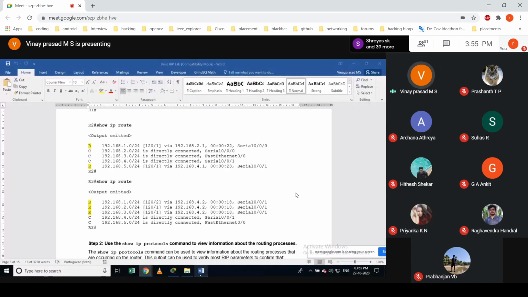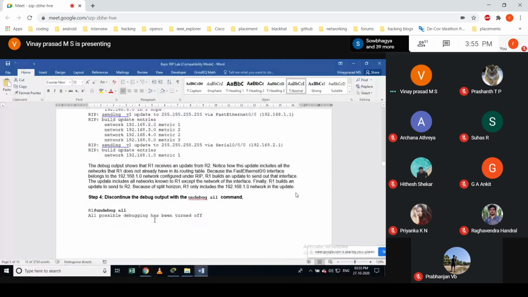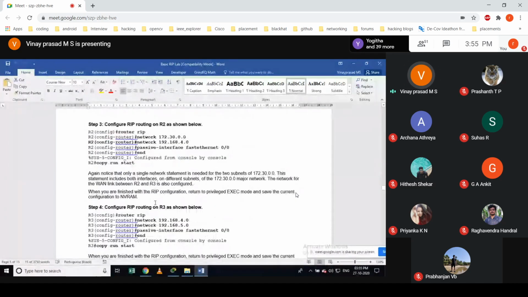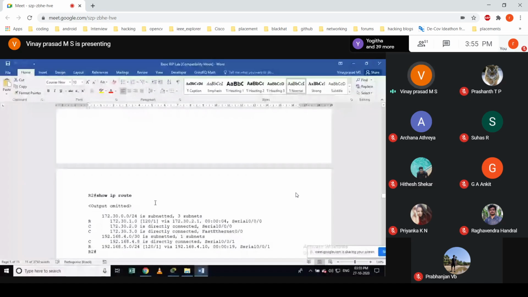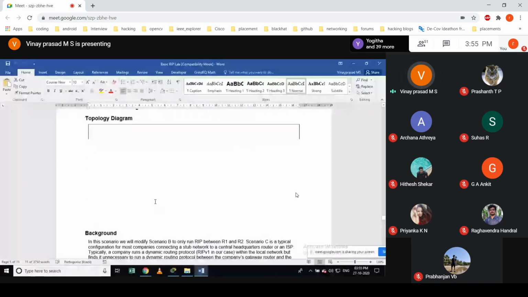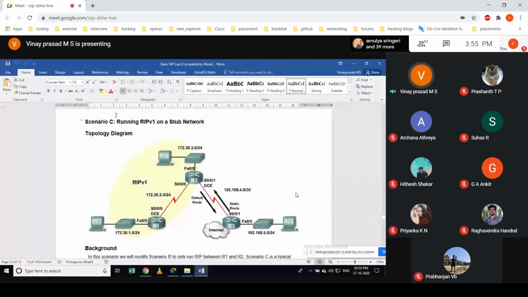One more thing I have to explain, the last one, which I think you might have done: the stub network. A stub network is where one side we have RIP and on the other side we use static routing or any other manual routing.